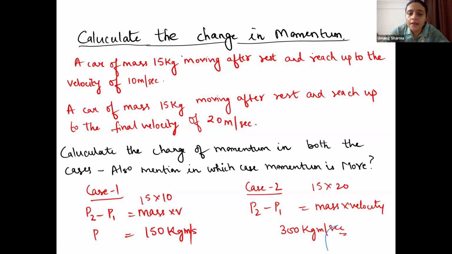Someone new has joined now, Maggie. So we are doing a numerical based on the change of momentum. Okay, it was easy, ma'am. Okay. I got how many answers? Dhanishri, 1, 2. Okay. Lavanya, 3 people. Okay, so we will start from easy to tough, no? All right, shall we move?